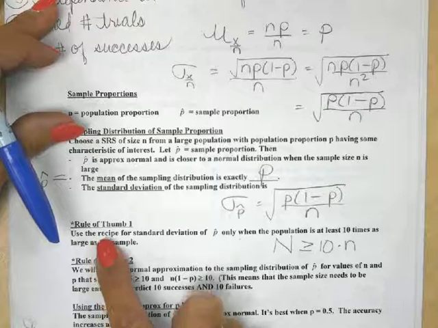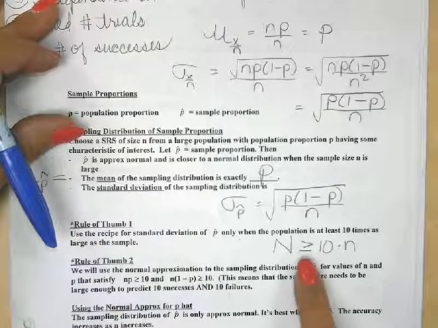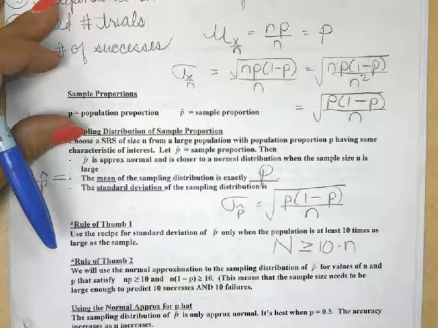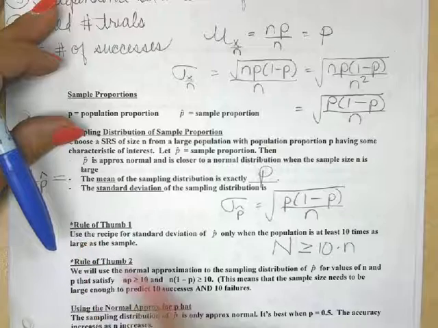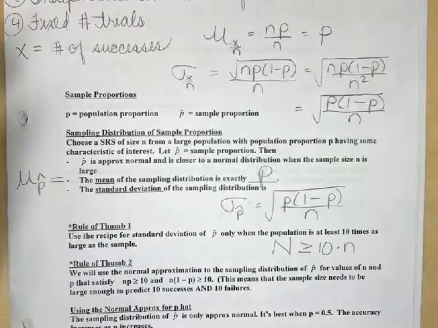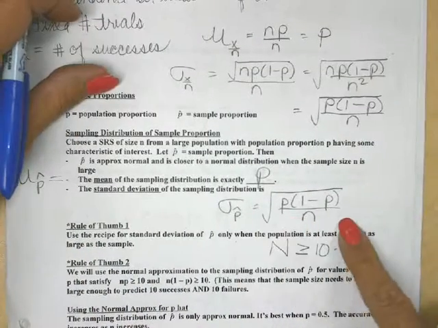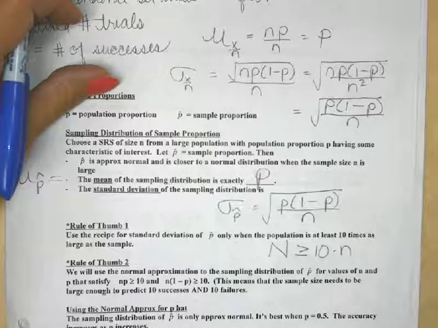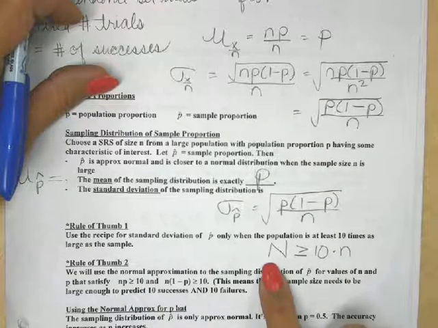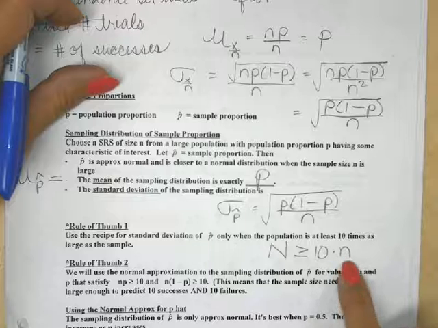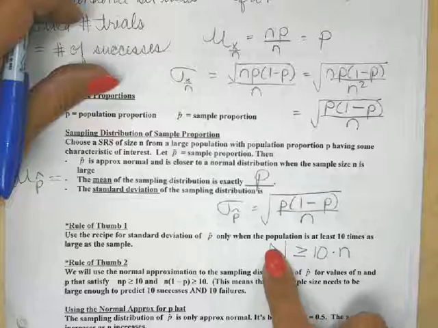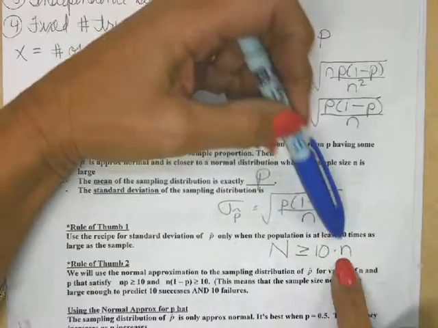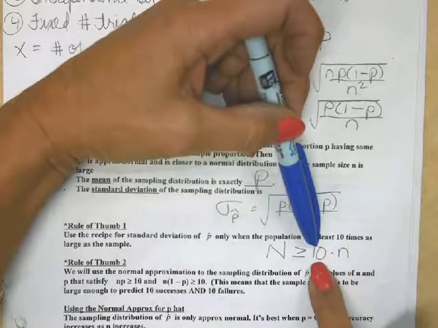But you will want to know what this formula is, or what the rule is, but not based on rule of thumb 1. So first of all, this standard deviation formula that we have right here is the correct formula as long as your sample is no more than 10% of your population. In other words, if I take my sample size, multiply it by 10, I need my population